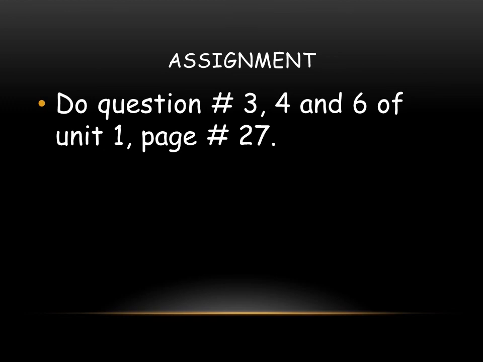Then question number 6 is, the Indus Plain is the most developed physical region of Pakistan. Explain how the relief and drainage of the Indus Plain have made it possible to carry out a variety of economic activities in this region. This is very easy. We are done with the economic activities of the Indus Plain, and the whole topic is in your book, but you have to pick the points that favor the economic activities, with the relief and the drainage of the Indus Plain.